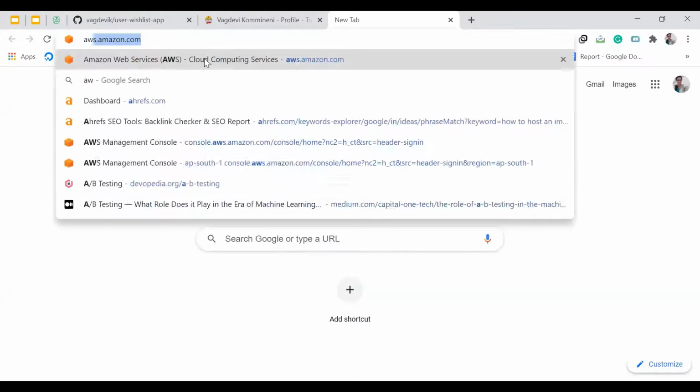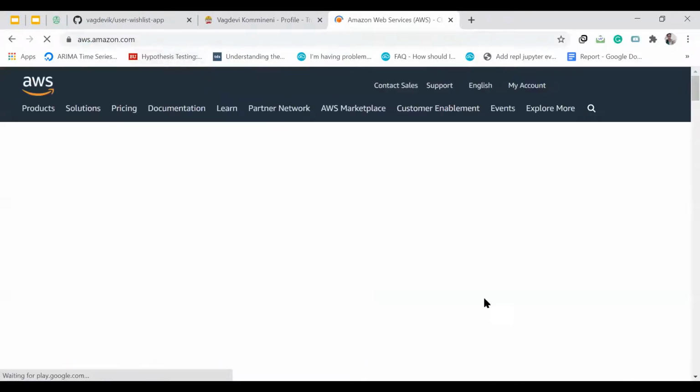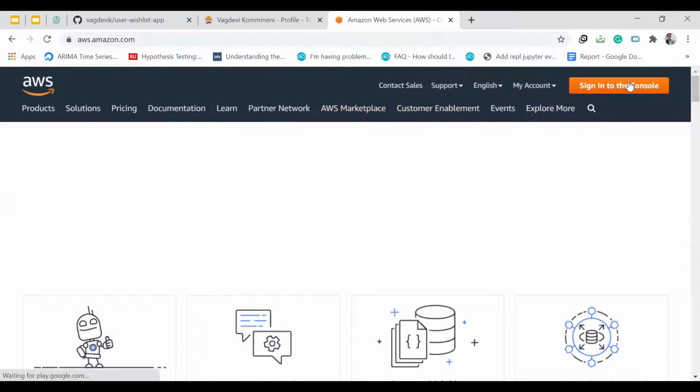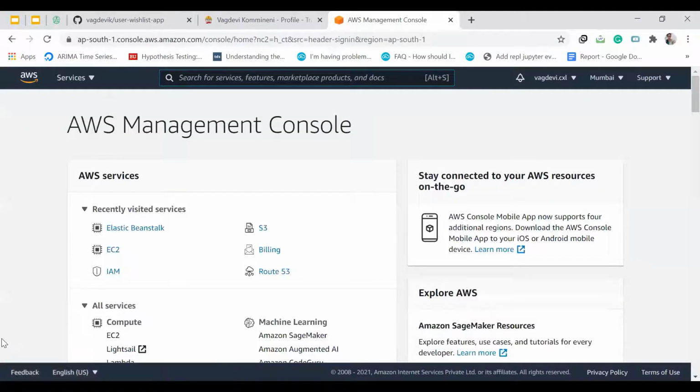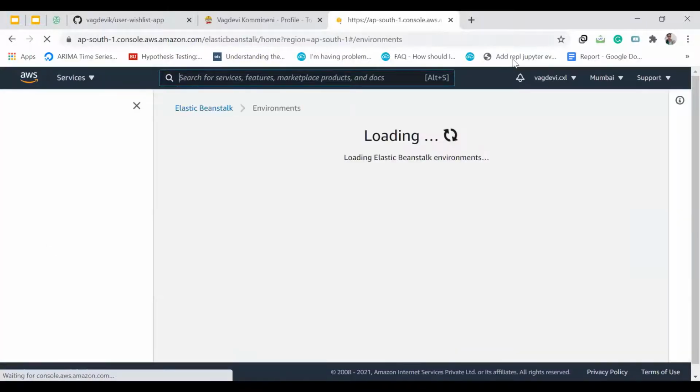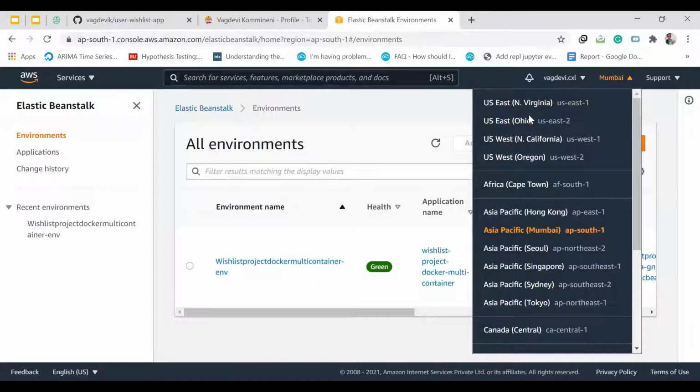Now in the browser, go to AWS, sign into the console. I highly recommend you go through the previous series where we discussed what Elastic Beanstalk is, how to create an account, and many more things. So click on Elastic Beanstalk. My region is already Mumbai. Okay.